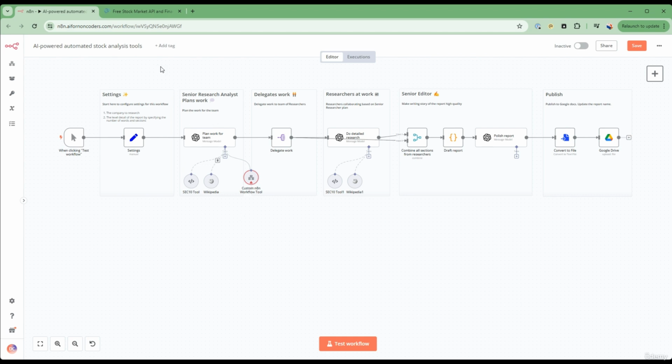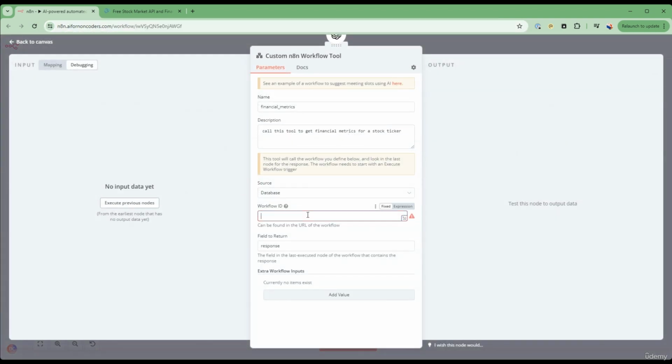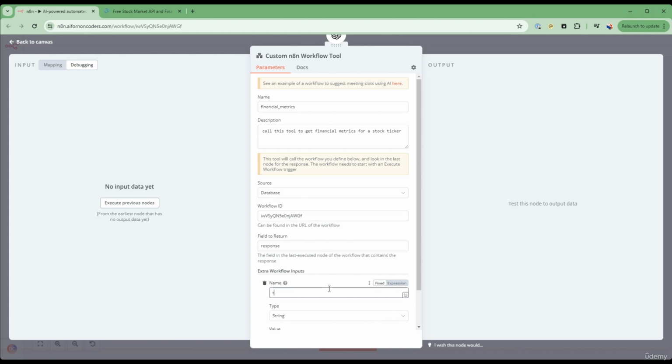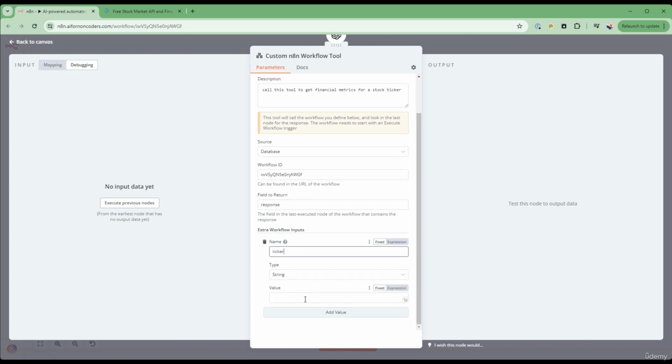here. So I'll go ahead and copy the ID for this workflow and insert it here. And then I'm going to populate a response field, and then I'm going to pass into this tool the ticker that I would like the financial metrics to be collected for, right? So this will be passed into my tool. So I'll go add value, and I'm going to say ticker or add name,